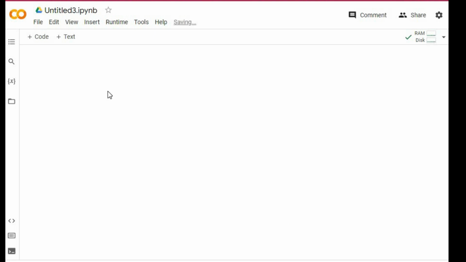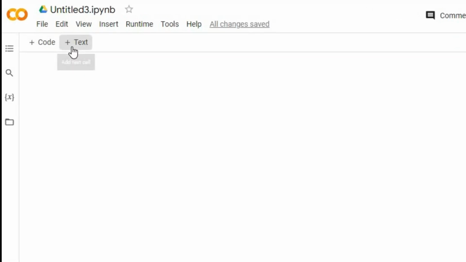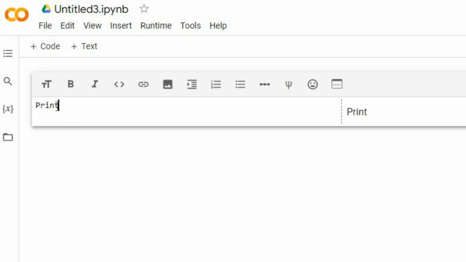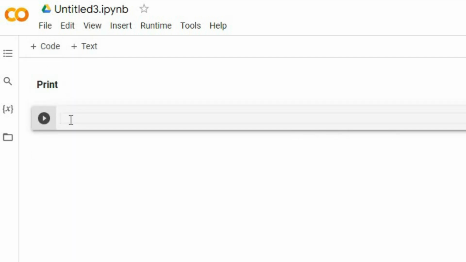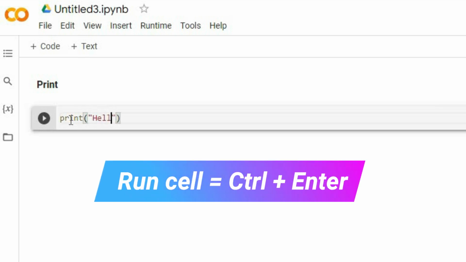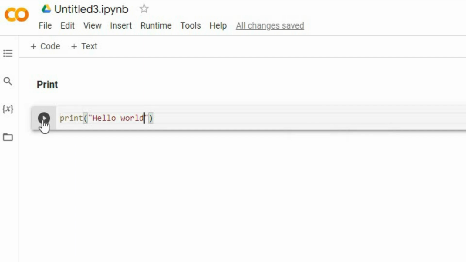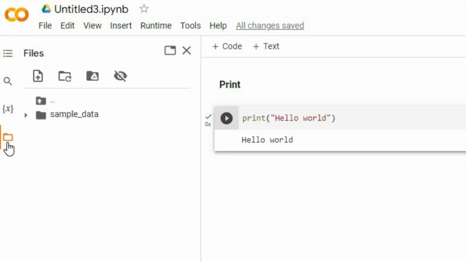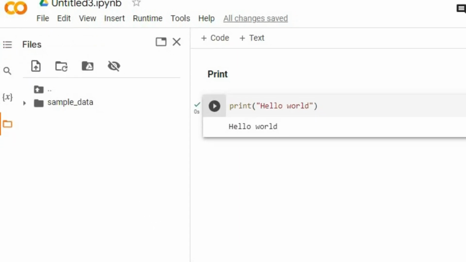screen, and we have two options: to add text or add code. With the text option, we can add headings, while with the code option, you can write any Python code and then press the run cell option to evaluate the code. So as you can see, we have written a print statement here, and after pressing the run cell option, we are getting an output. On the left hand side of the screen, if we press the files button, we can